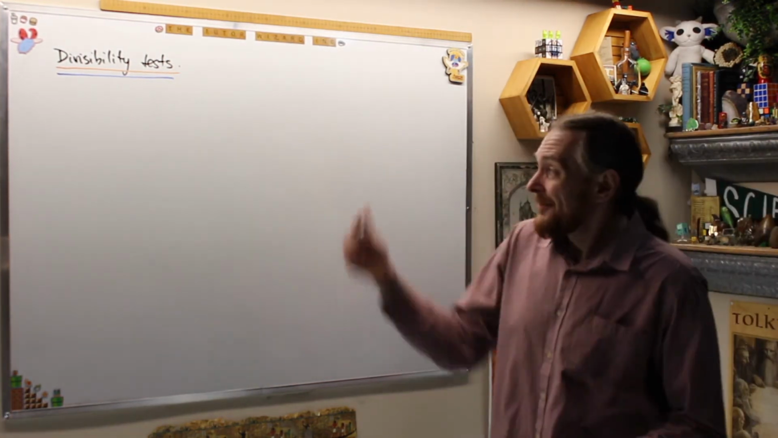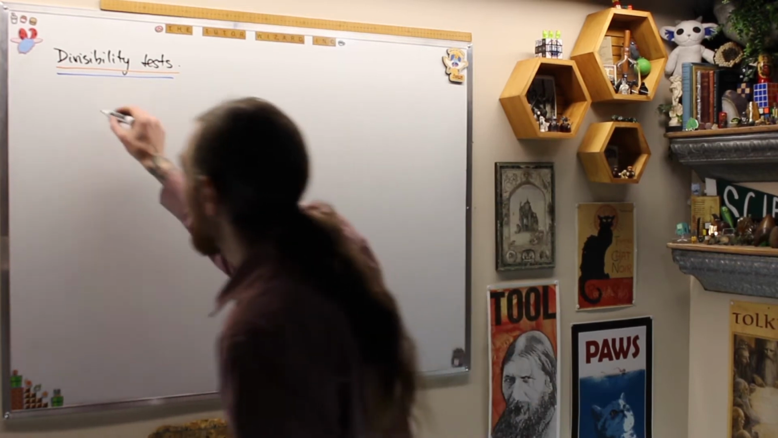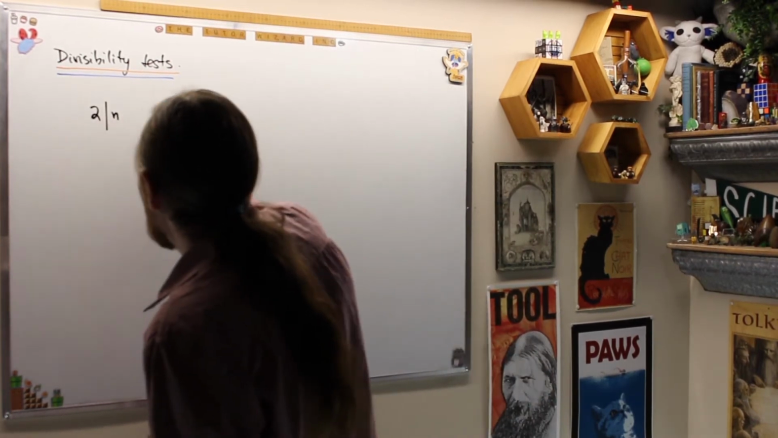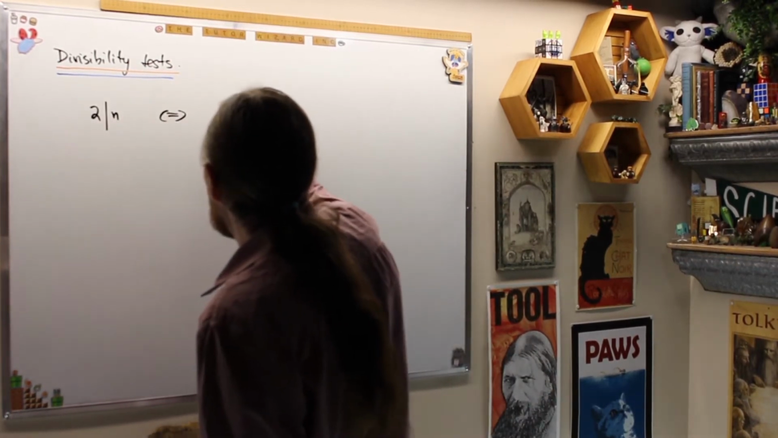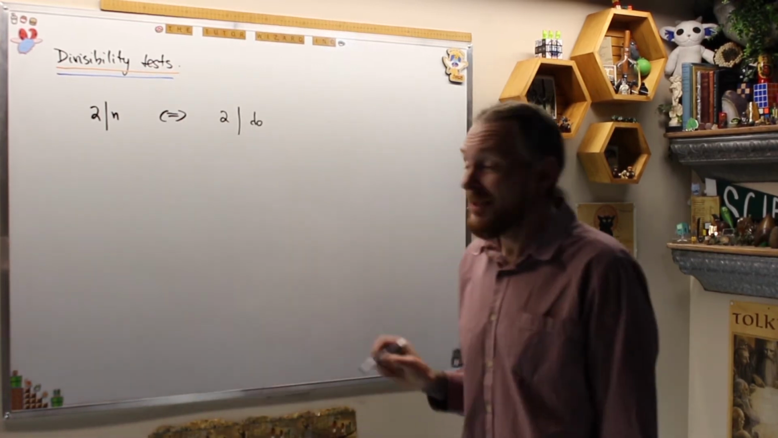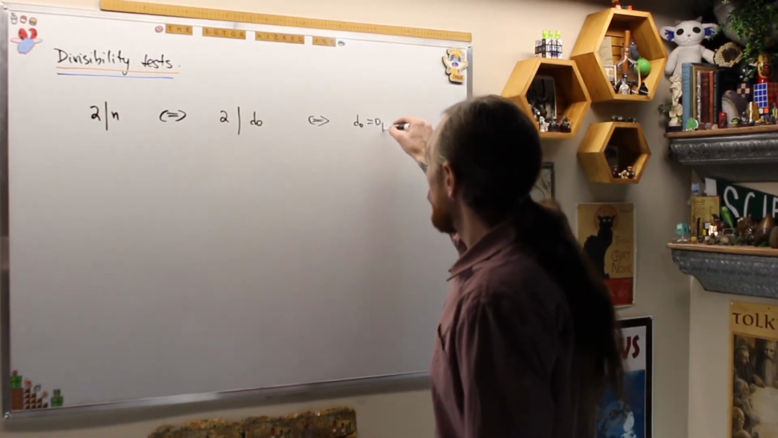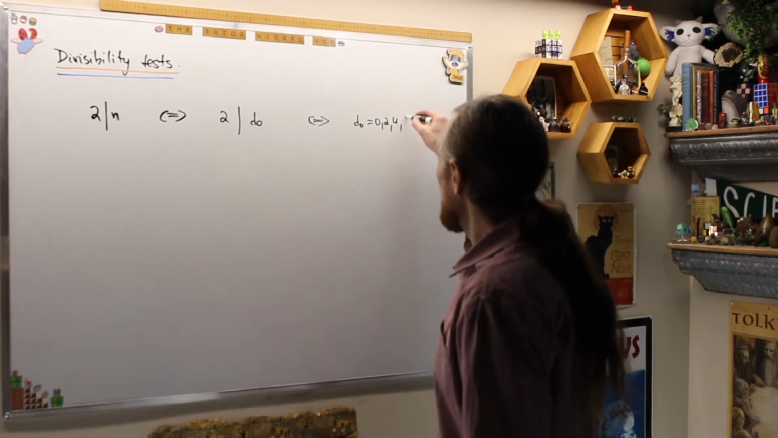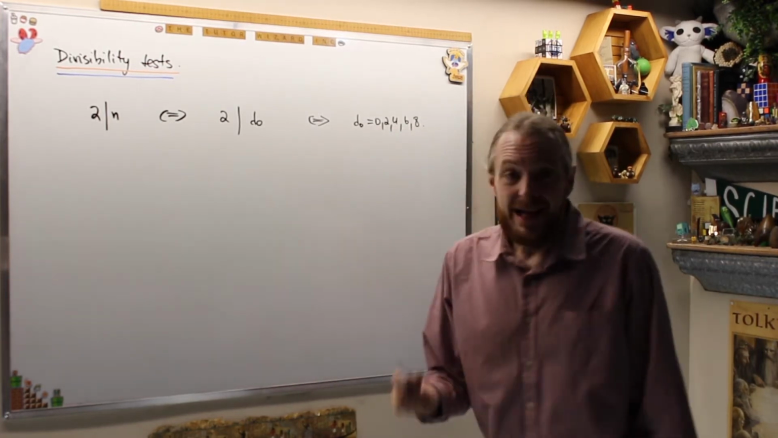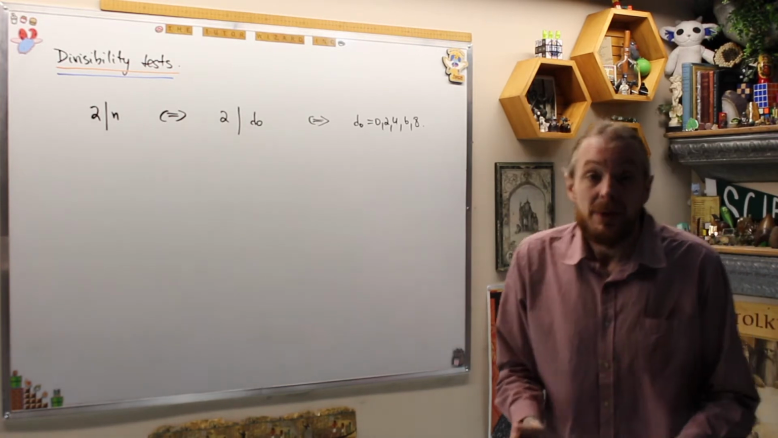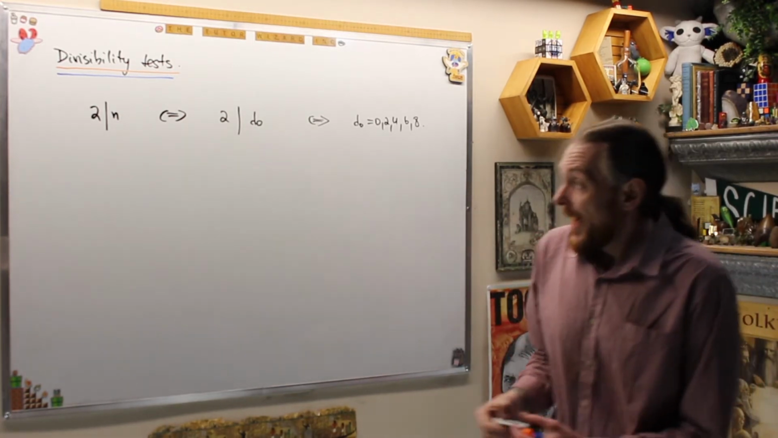So what does this tell us? We have our first 2 tests. This says that 2 divides n if and only if 2 divides d0, the last decimal digit, and that's if and only if we can write this explicitly, d0 equals 0, 2, 4, 6, or 8. It has to be one of those digits, otherwise the number is not divisible by 2. And we have that